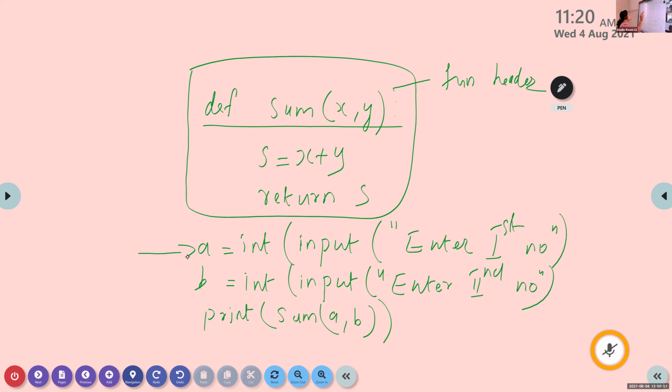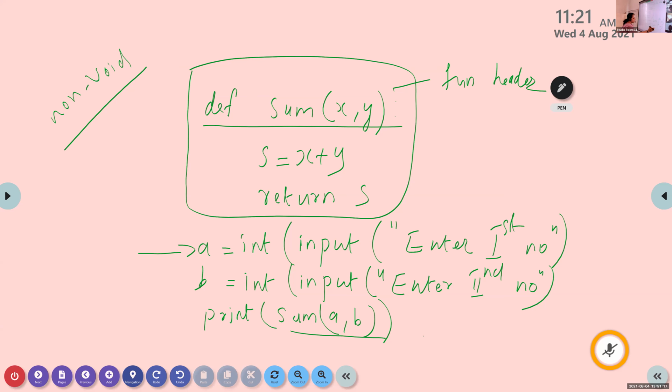So here we are discussing the non-void function. In the case of a non-void function, we can use the function along with a print statement. This is one option. We already discussed this.